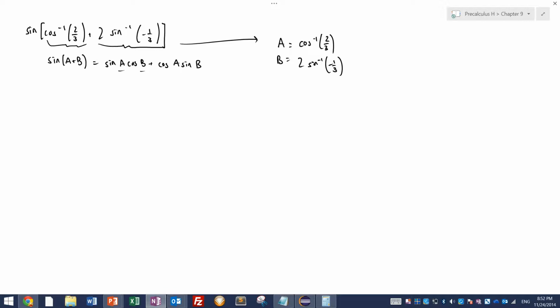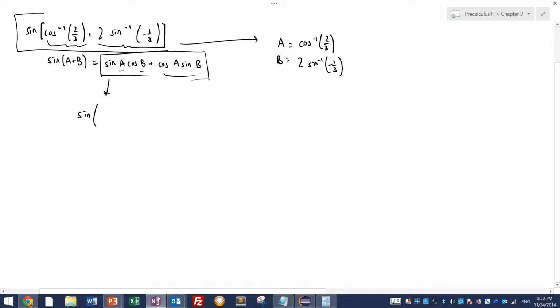So first, what you want to do is plug in these values right here and here. Sine is going to turn into one massive thing, but this whole thing right here is replacing all of this. So remember that all of this is going to be unnested, so to speak. So this is going to become this A, so this goes here, and then we're going to multiply that by cosine of